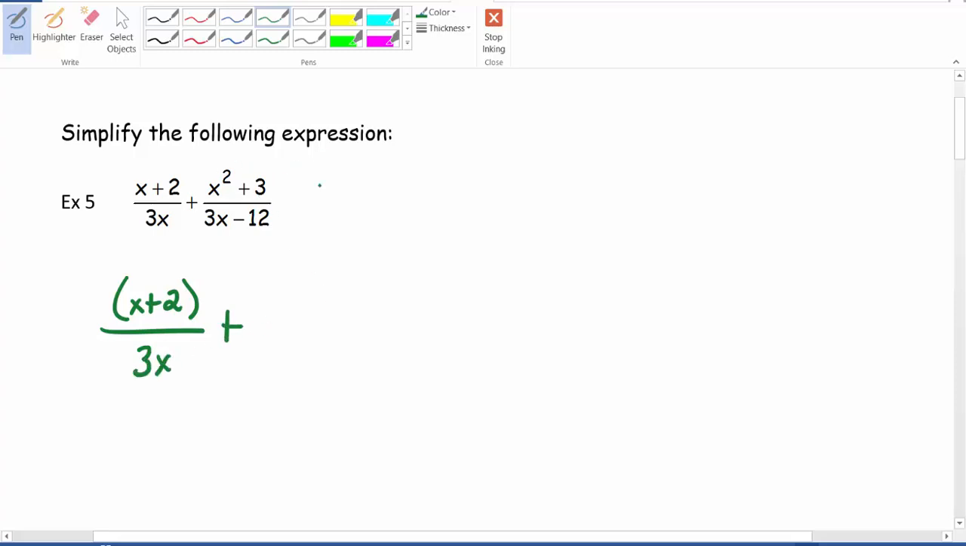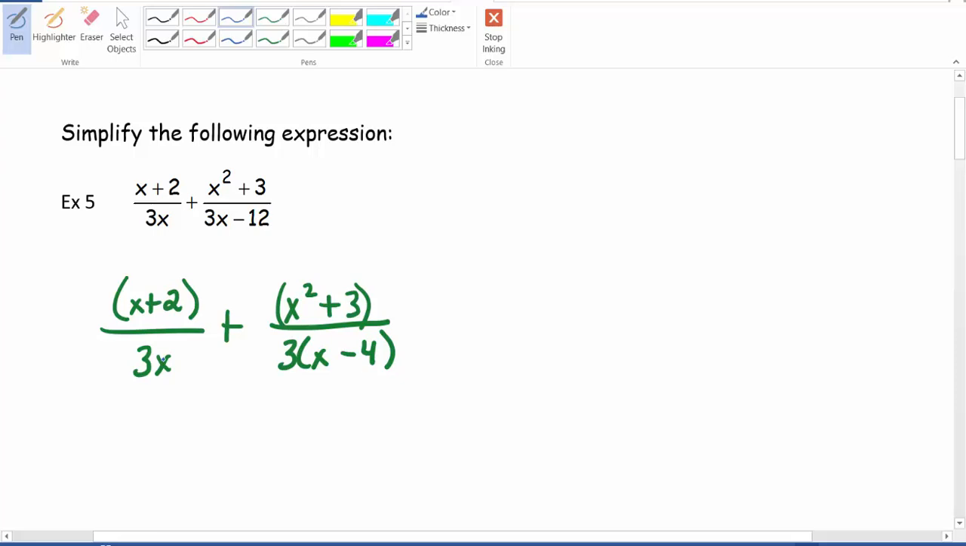plus, looks like we cannot factor that top right one, x squared plus 3. But on the bottom, we can go ahead and pull out a 3. And when we do that, we end up with x minus 4 on the bottom. Now again, we really want to factor these simply because then we can go ahead and see what they have in common. We notice that they both share a common 3, that factor of 3, but over here we